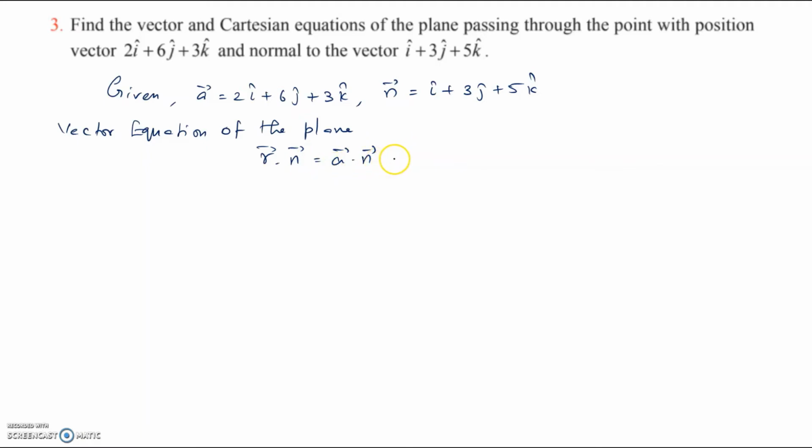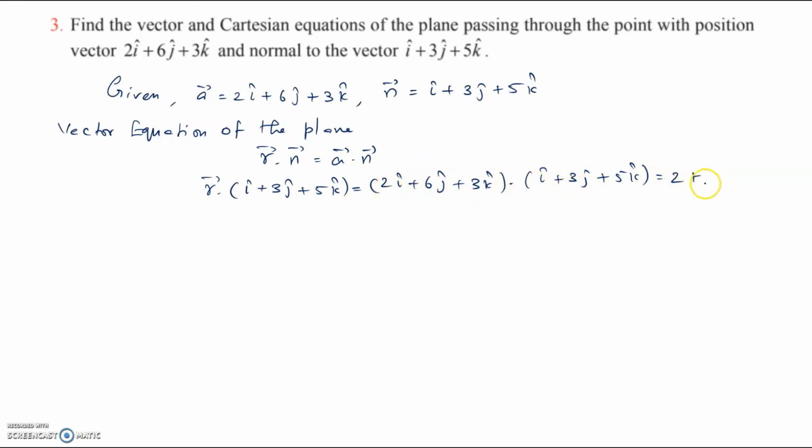So substituting their values, r vector dot product with the n vector, which is i cap plus 3 j cap plus 5 k cap, is equal to 2 i cap plus 6 j cap plus 3 k cap dot product with i cap plus 3 j cap plus 5 k cap. So solving the right hand side of the equation, 2 times 1 is 2, plus 6 times 3 is 18, plus 3 times 5 is 15. So that's equal to